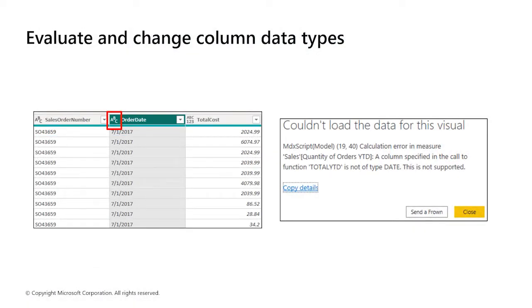If you determine that the data type is incorrect, you can change it. You might also want to apply a format to the values in the column and change the summarization default for each column. Some of the implications for incorrect data types are that it will prevent us from creating certain calculations, deriving hierarchies, or creating proper relationships with other tables. For example, if you want to calculate the quantity of orders year to date, you will get an error stating that the order date column type is not a date, if it's not a date.